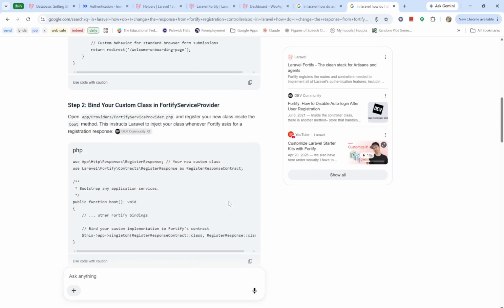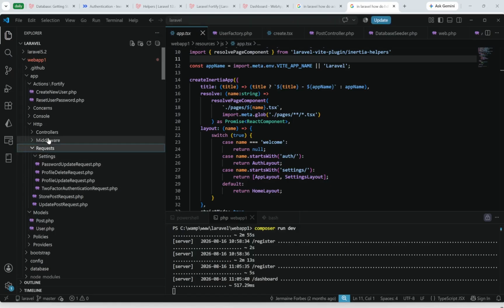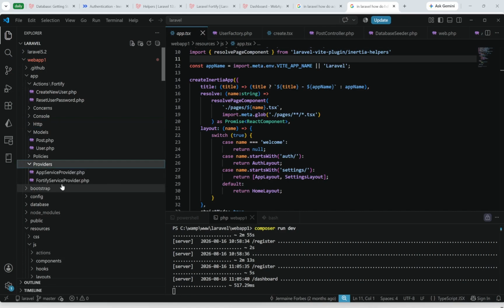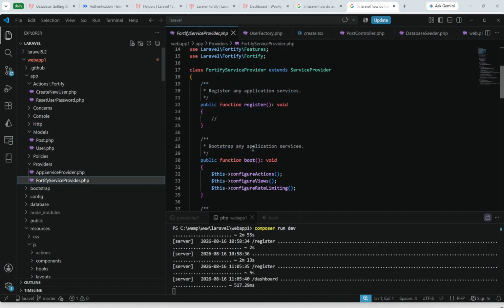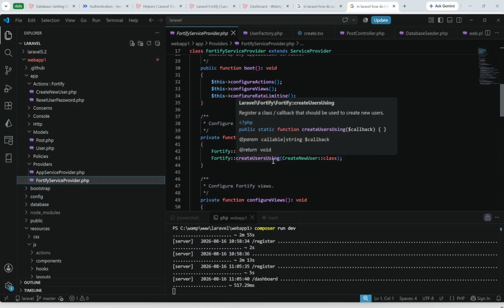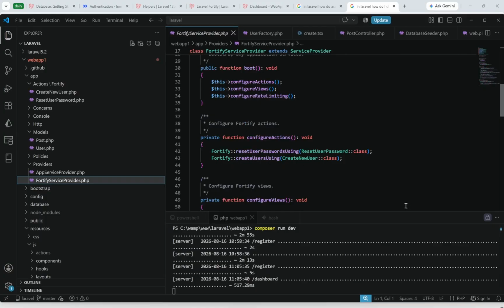Redirect to here, bind your custom class in the Fortify service provider. Do I have that already established? Let me see. Fortify service provider is here. So I think